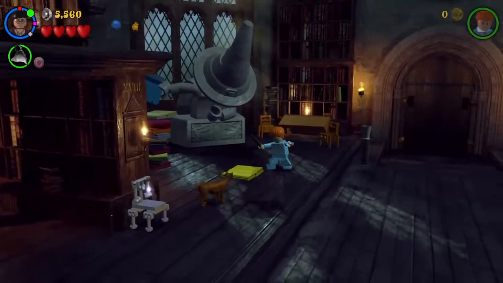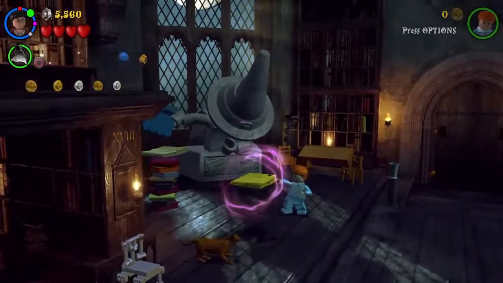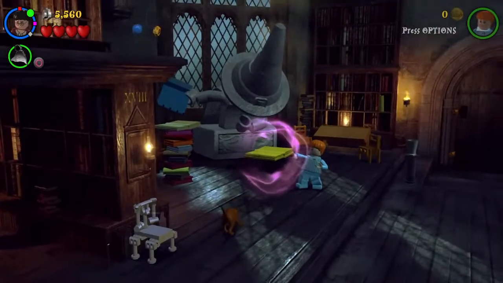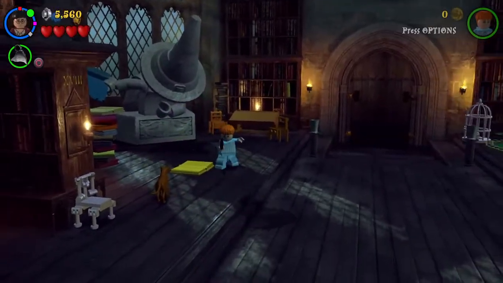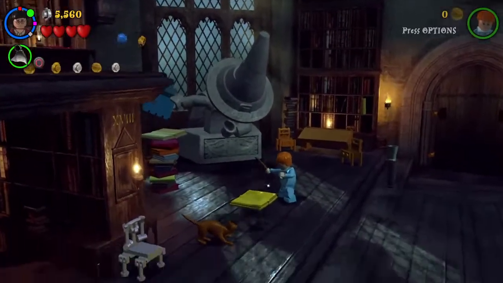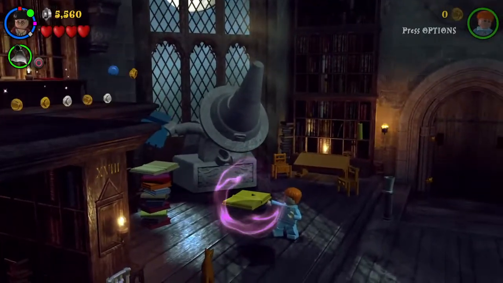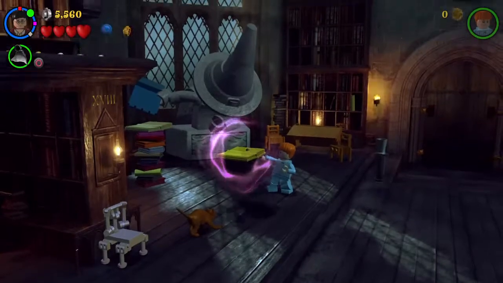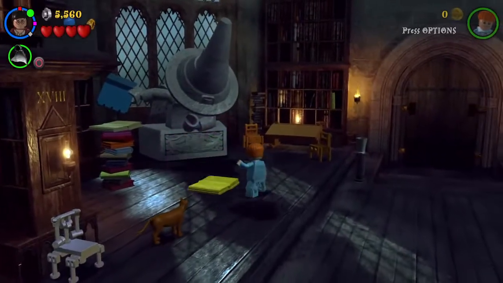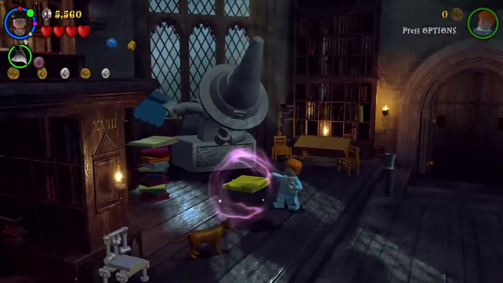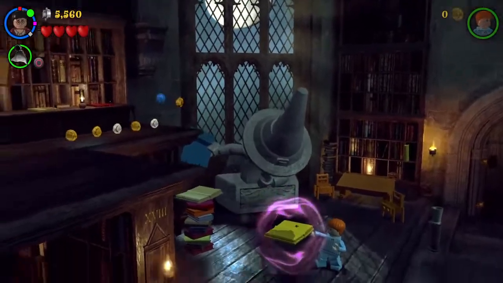So wait, Mrs. Norris can see Ron but not Harry. It's okay if she sees Ron. Interesting. Oh, come on. This game is the worst. Zero for mechanics.